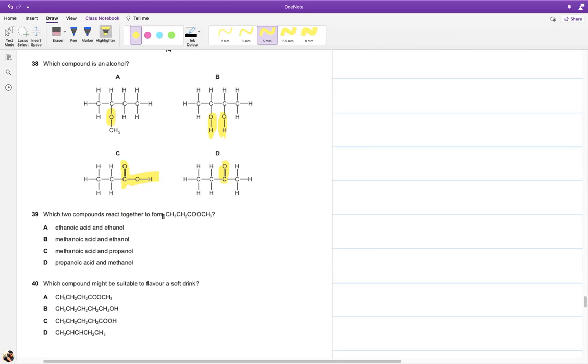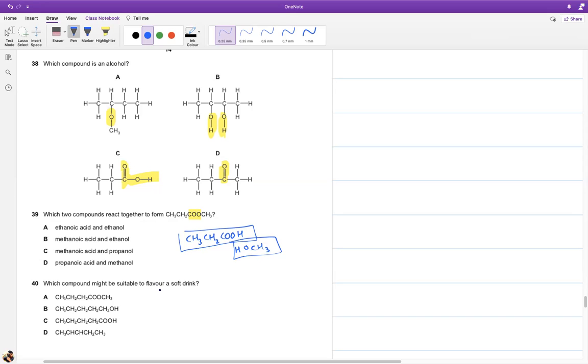Which two compounds react to form this whole thing? अभी इसको देख के परेशान नहीं होना है. You have to look at the linkage that is in them. Ester linkage है. तो मैं जरा इस linkage को तोड़ देता हूं. मैं यहां पर इसको एक साइड पे ऐसे छोड़ देता हूं और दूसरी साइड पे इसको ऐसे छोड़ देता हूं. So when I add water, I get this thing, which is methanol, and this thing, which is propanoic acid. So methanol, propanoic acid.